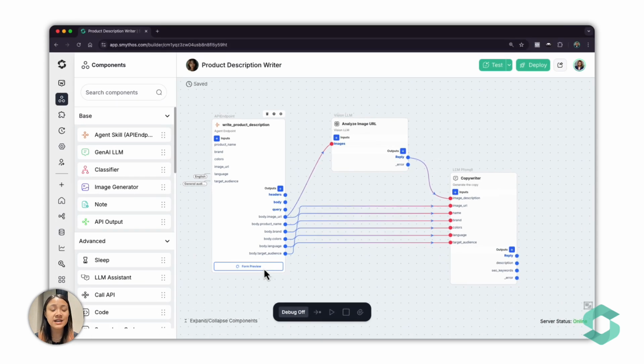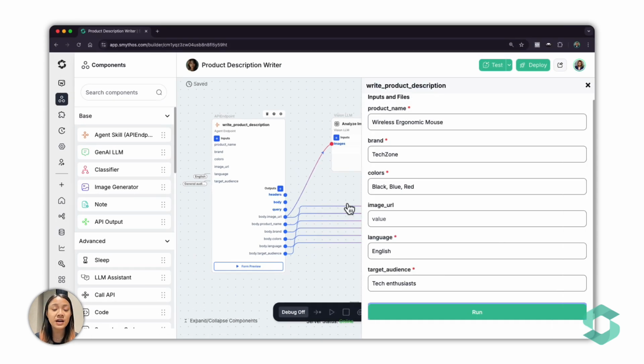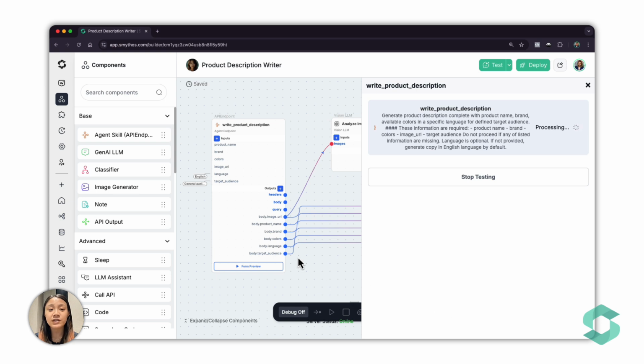Form previews allow you to test individual agent skills rather than entire agent behavior, validate agent configurations instantly before deployment, and check the structure of input fields, ensuring all required components are in place. If an agent is missing components, Form Preview also alerts you and disables the Run button until everything is properly